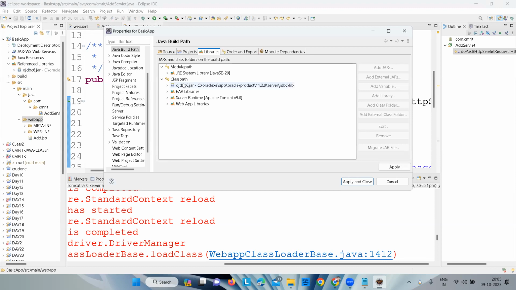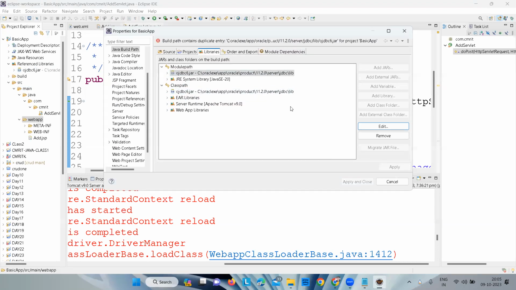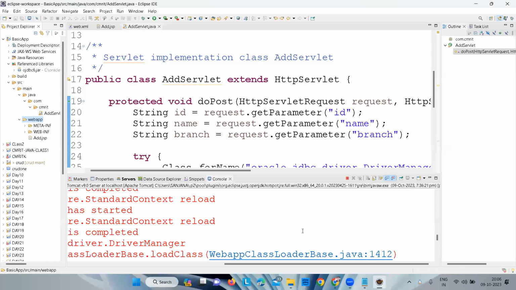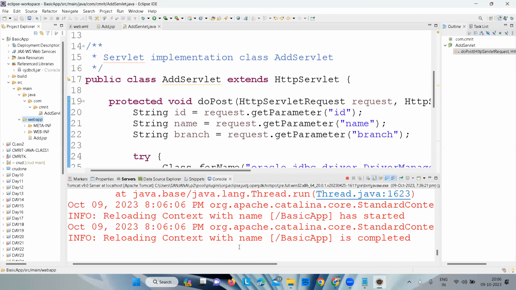So it should be here, right? Module path, add external jar, and choose this one. Apply and close. Save it again. Reload config is completed. And if I say here 20QP1 Shiva,